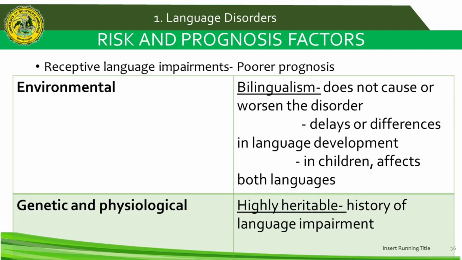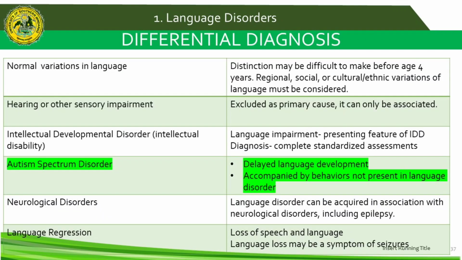na multiple genes interacting on causal pathways. For the differential diagnosis, normal variations in language distinction may be difficult to make before age of 4 years. Pero regional, social, and cultural ethnic variations of language must be considered when an individual is being assessed for language impairment. For hearing or other sensory impairment naman, hearing impairment needs to be excluded as the primary cause of language